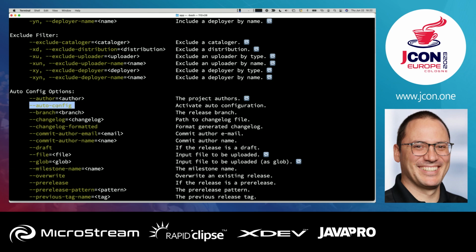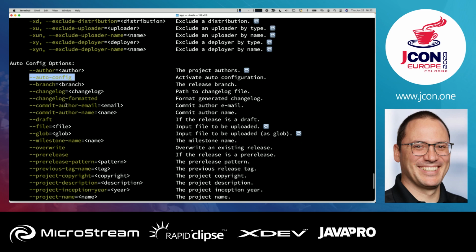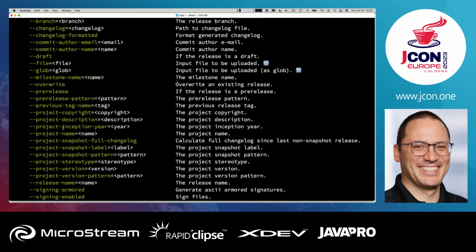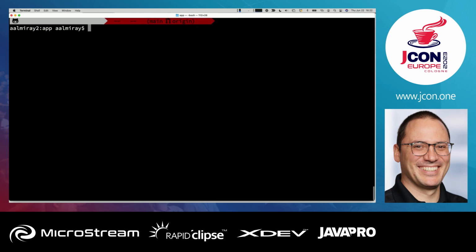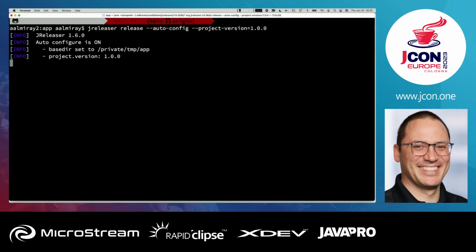So I'm going to use this one, autoconfig, and I'm also going to use the project version, this one here, just to tell it that I want to use a given number, right? So that means I'm going to do jreleaser release autoconfig and project version equals 100, because why not? Okay, we do this,